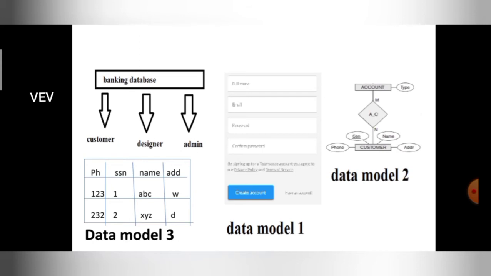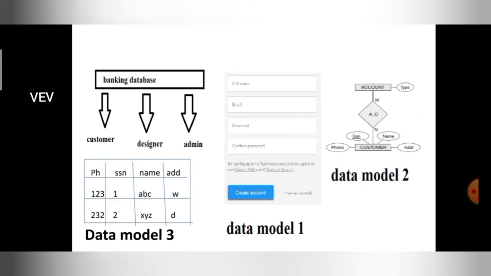So attributes help to represent the entity, help to describe the entity. How can you describe the customer? I can describe the customer by his name, by his phone number or his address. Getting, guys? So the high level data model contains this entity information, attribute information and the relationship information, right?